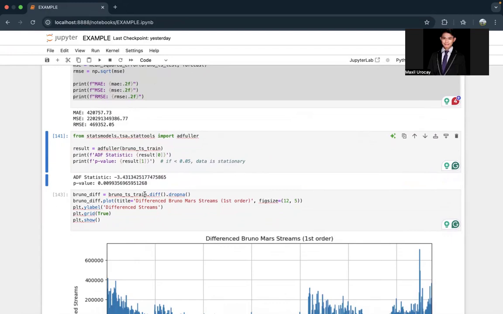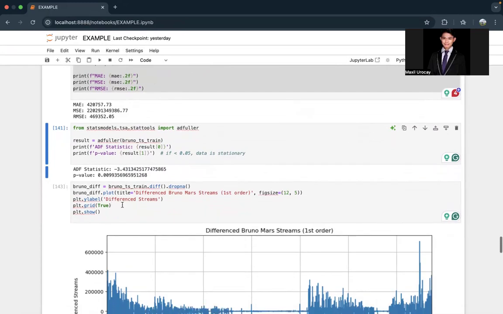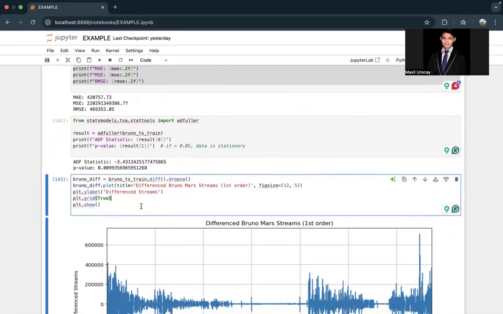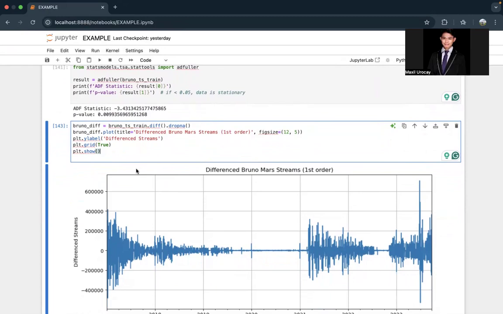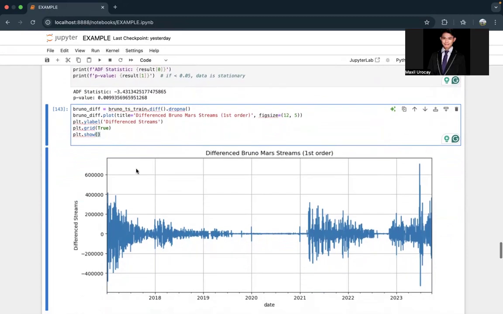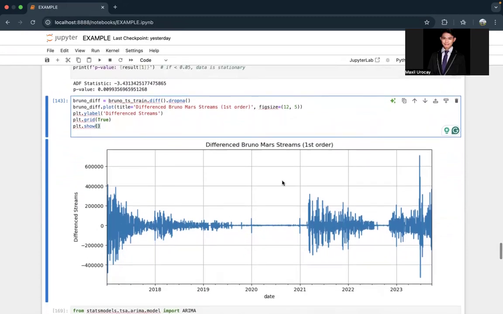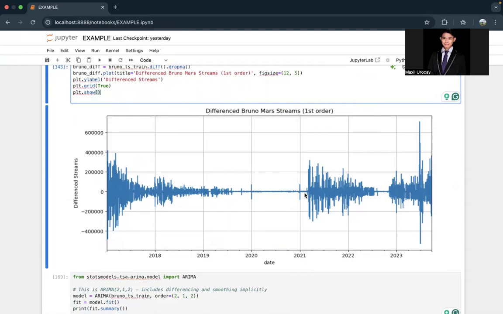However, if your data set is not stationary, you can normalize it. Here I've calculated the difference of your data, then you could do the first order, second order, whatsoever, to normalize your data set.